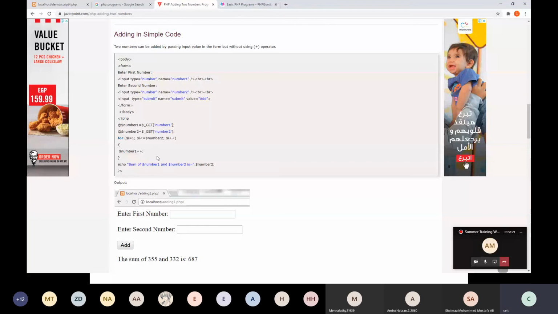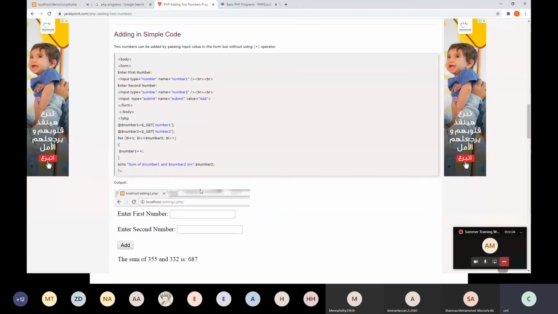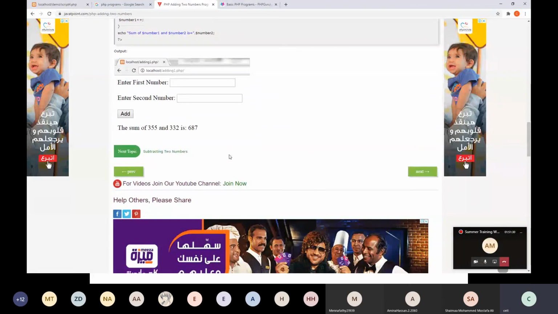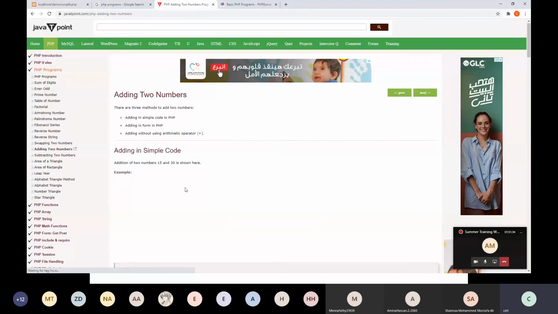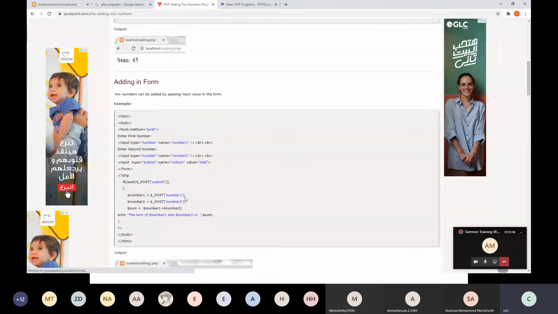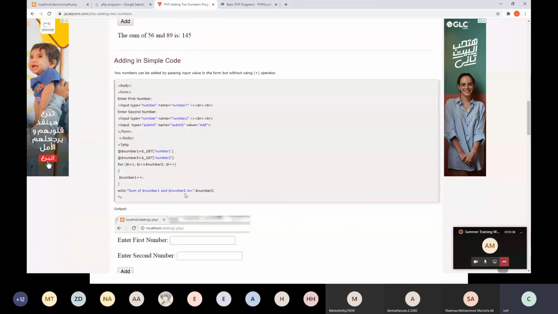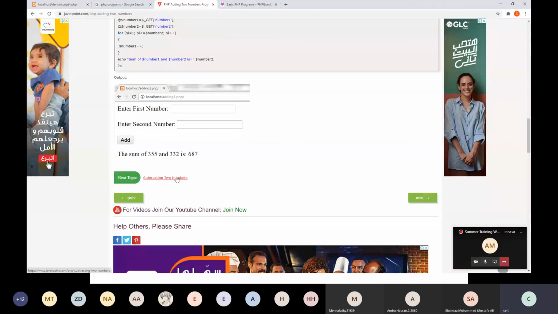Try to get the data from the HTML form and practice it, so that you will become more familiar with the PHP code.